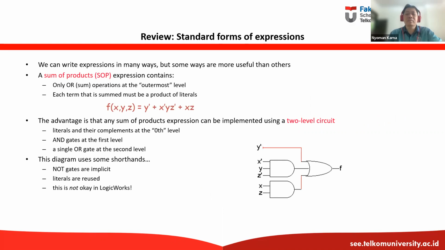Okay. Now, last time we discussed what a SOP is. First thing is SOP is a sum of products: a product, and then summed together. Product is a multiplication, sum is addition. So that's why it's called sum of product. Penjumlahan dari beberapa perkalian.